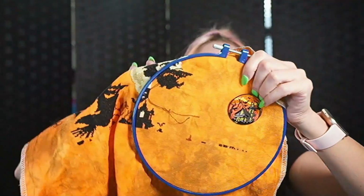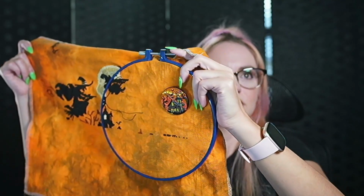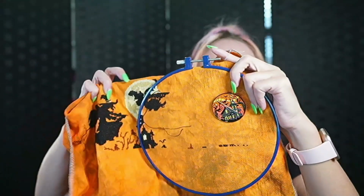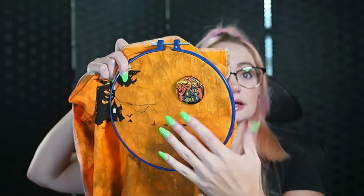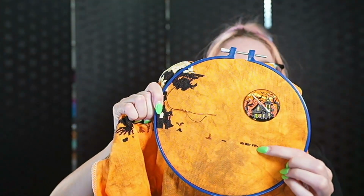So last time I think I mentioned that I wanted to come down to an empty area and start stitching on the house to try and get a fresh start in a kind of empty area that didn't have any stitching, and that went pretty well. So I did have a slight moment of worry because it is a little off, as I have said. So what I ended up doing was stitching out all the way